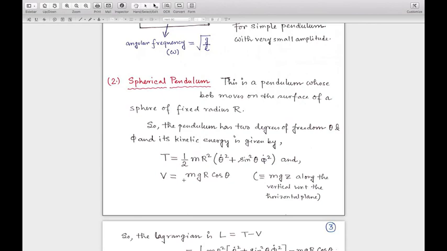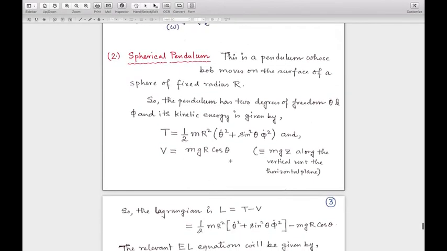Okay. And again, if we also say that the equatorial plane of the imaginary sphere is considered to be the reference level of the potential,